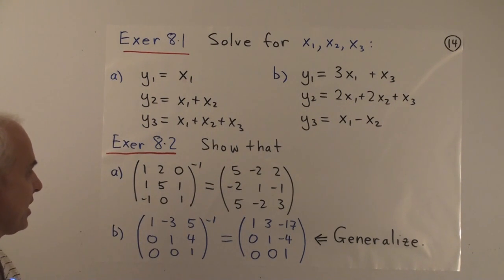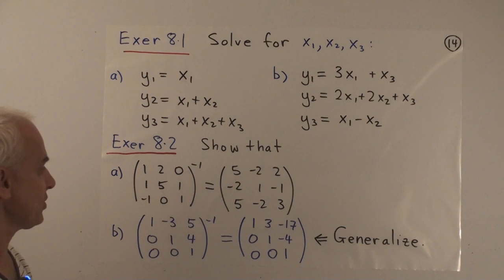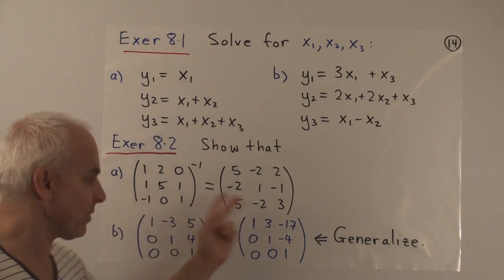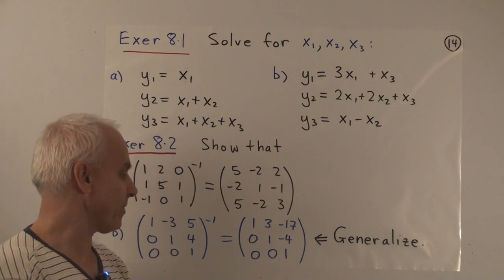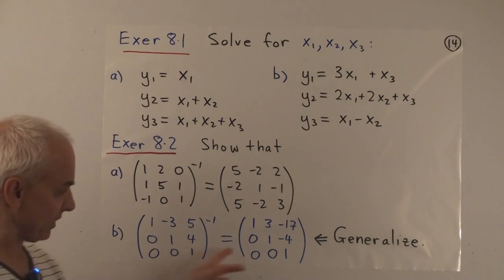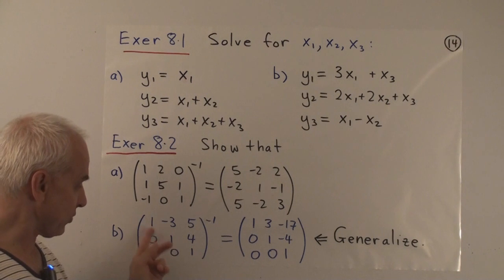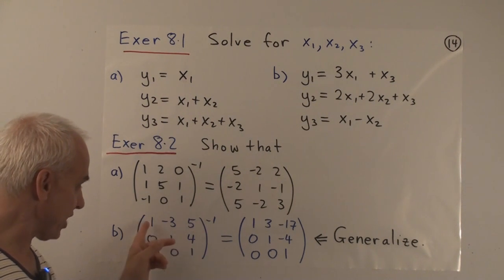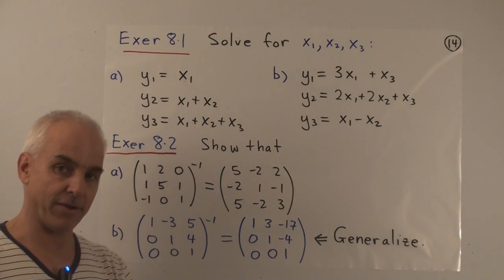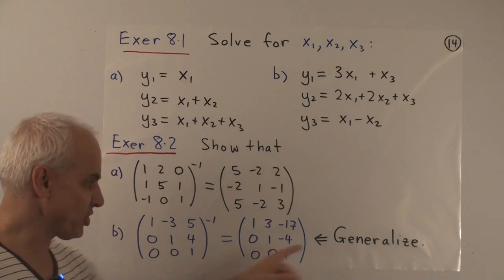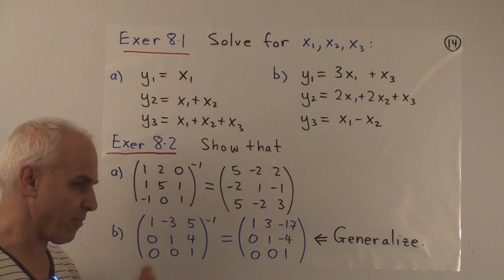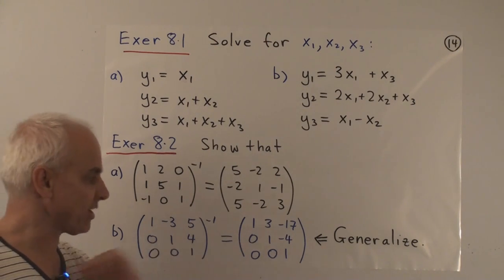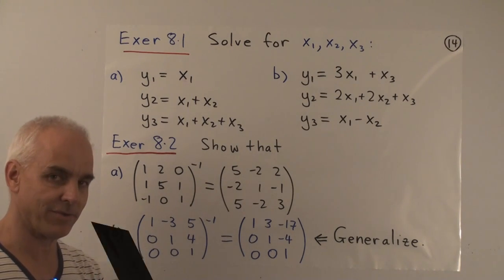In this exercise, I ask you to calculate an inverse of that matrix there. In fact, show that it's equal to that. And also the inverse of this matrix is equal to this one. And this is kind of an interesting case because it's the case where you have an upper triangular matrix which has ones on the diagonal. Okay? So I want you to generalize this. Suppose I put different numbers here. Instead of minus 3, 4, 5, I put some other numbers. Could you predict what the inverse matrix is going to look like?